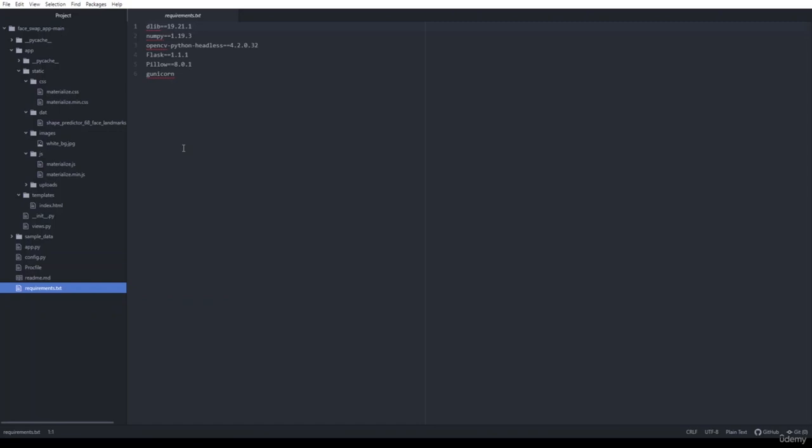So what do we mean by dependencies or requirements of our project? Here you can see that it is showing us dlib==19.21.1. So this is the version of dlib. Similarly, NumPy, OpenCV, Flask. So what does requirements.txt do? It is a file which contains the library names with their versions that are used to run this app.